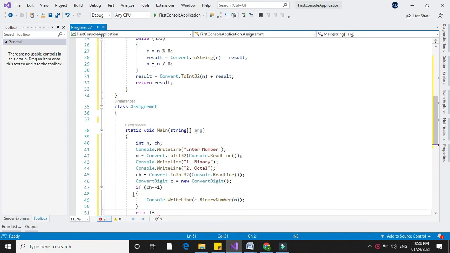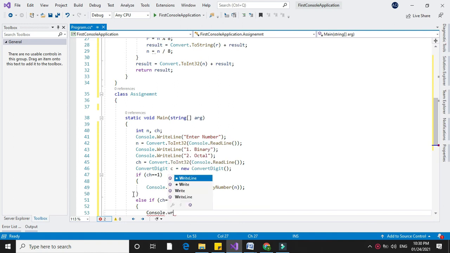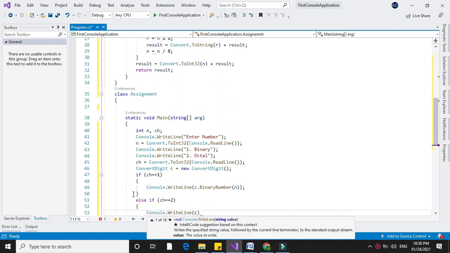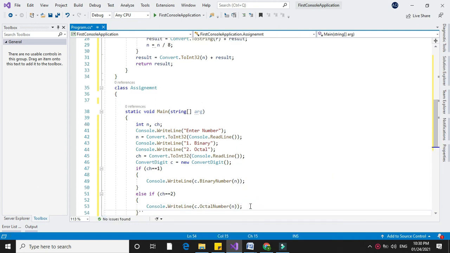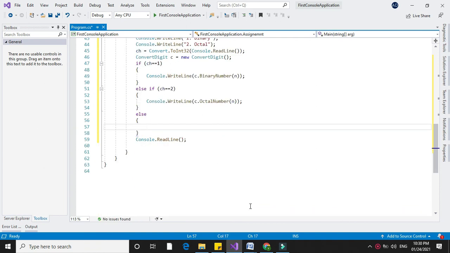Else if ch equal to 2, in console.writeLine we will call c.octal with parameter n. Else it will print invalid choice.